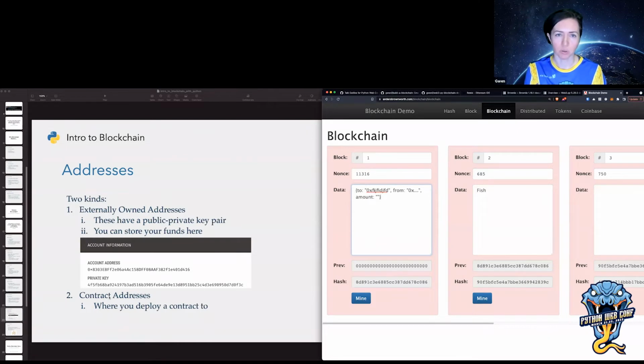Basically, when you deploy some code or contract to the blockchain, it lives at a certain address on the blockchain, and you can always reference it with that address. So there won't be a public-private key pair, but there will be an address where you can access that. And basically how you put that on the blockchain is you send a transaction without anything in the to field. So there's no address you're sending it to, and then the blockchain, or at least Ethereum, knows that you're trying to deploy some kind of code in the data of this contract, and it will handle doing that.